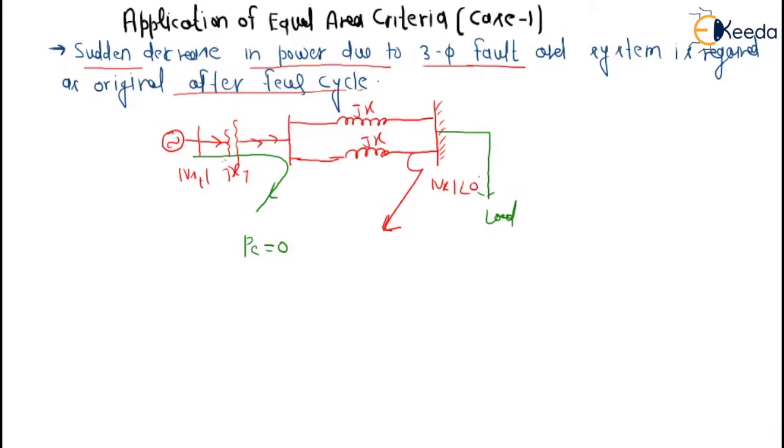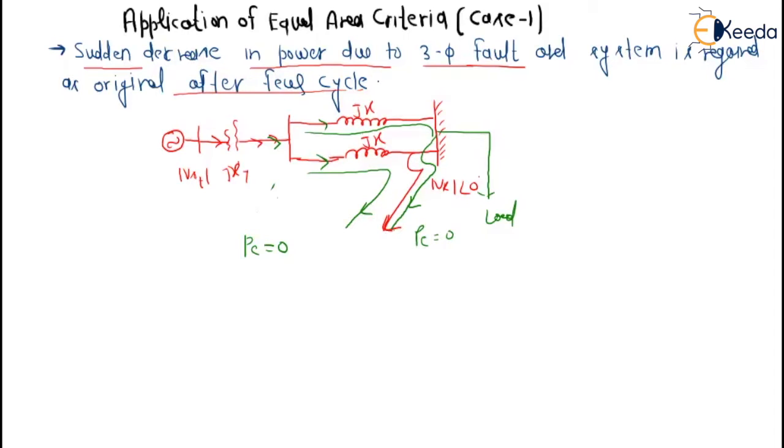If the fault is occurring at this point, what we can observe is the same case: the current will be flowing in both cases. All the current from this branch will go to ground, and when the upper line comes to this point, it has to decide whether to go to the short circuit or to the load. We know that the current, or power, will always follow the short circuit path, so this will go 0. So again we can say P is equal to 0. So we saw that if any kind of fault occurs at the source terminal or the load terminal, the PE value will be exactly 0.